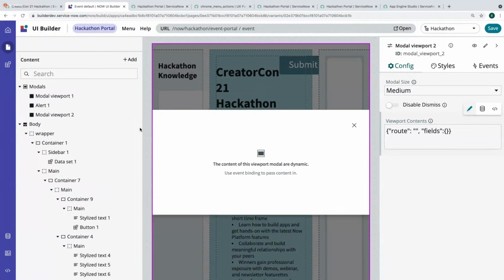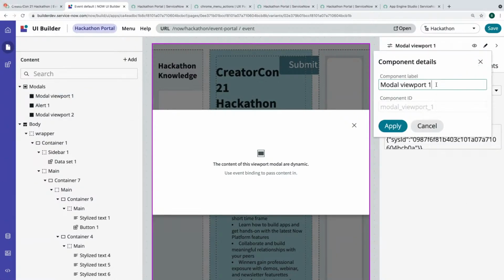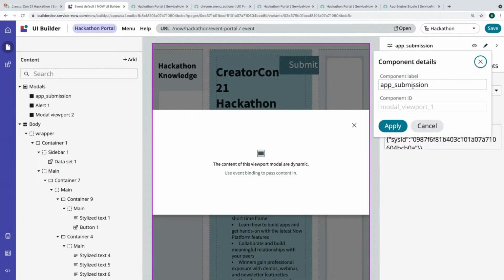So she said she had to name it before it showed up. I don't know. Let's try renaming it. So this is just the label. Is it going to change the name? It's app submission. Does our modal have anything inside of it by chance? Yeah, it doesn't do anything.